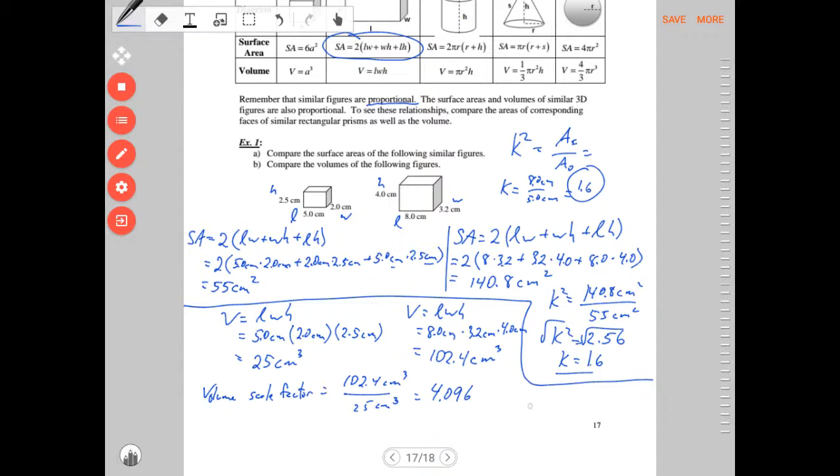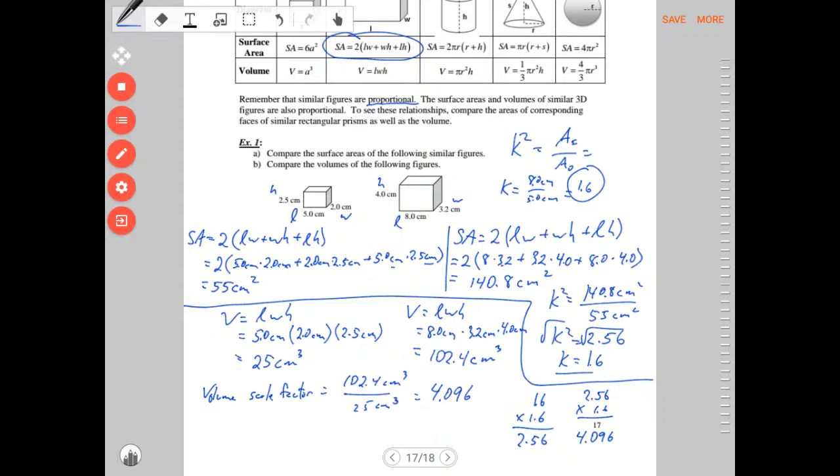And I want to show you guys something. 1.6 times 1.6, that was the 2.56. So when I took the scale factor and timesed it twice, I ended up with the area scale factor. So let's try it again. 2.56 times 1.6, and look at what happens. Look at what you get,